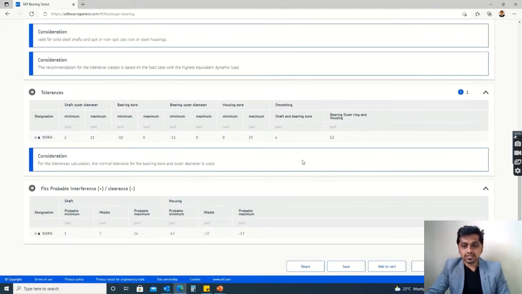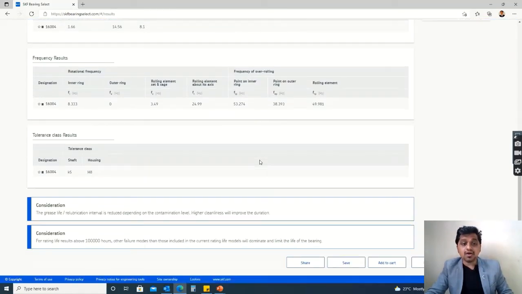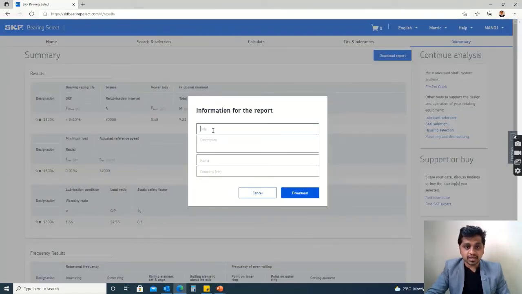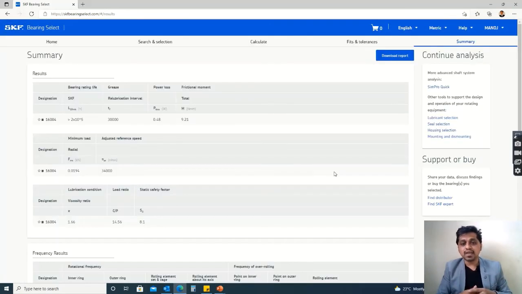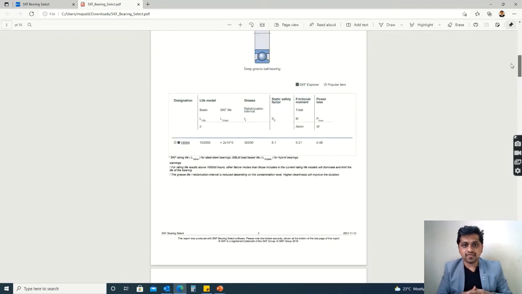So after this we have to click on the next, and you can have all the summary of the calculations which we have done. We can download the report also, just give the title and you can fill all other details also, and just click on the download. As soon as you click on the download, it will take some time to process, and will give you the summary of all the calculations, so that you can save the document for your reference purpose. So now we have downloaded, and we can see the file. It looks like a big file.